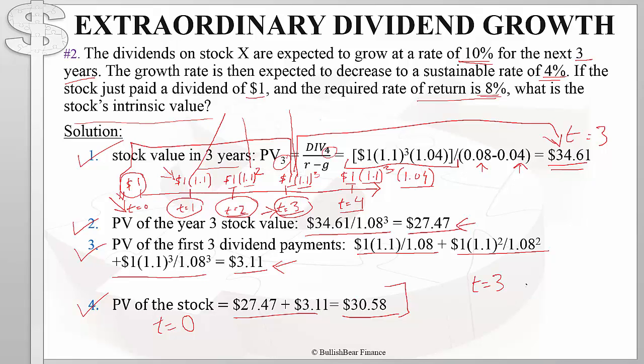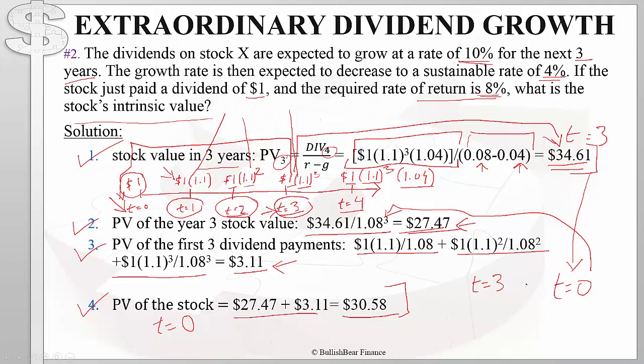We project the dividend payment at time t equal to 4 using this term. We divide that by R minus G and we compute $34.61. Then we simply discount this number to time t equal to 0 using this formula here, and we get